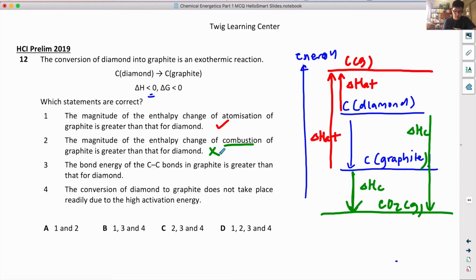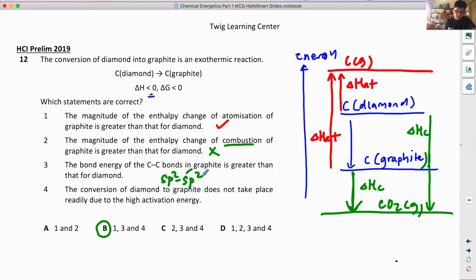Alright, so 2 is out. So actually, if you think about it, if 2 is out, the answer has to be B. But let's run through 3. Bond energy for C-C bonds in graphite is greater than that of diamond. So the carbon-carbon bonds in graphite are actually